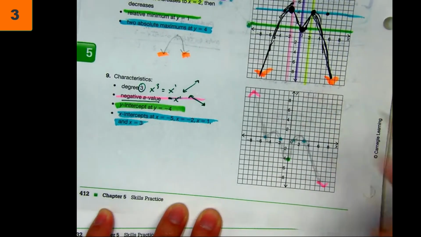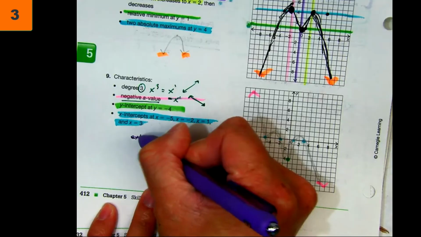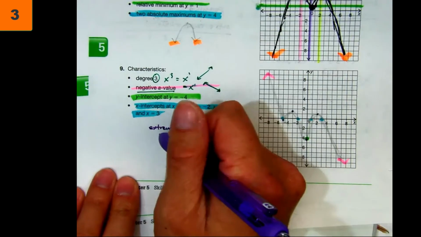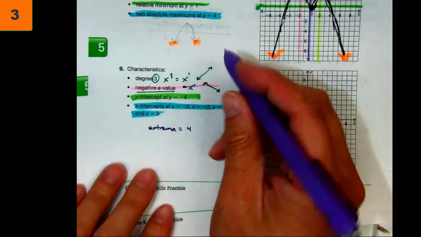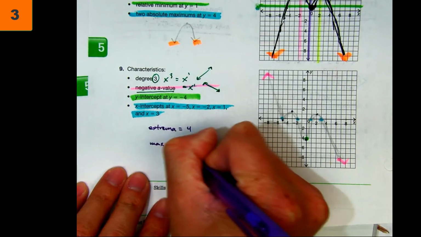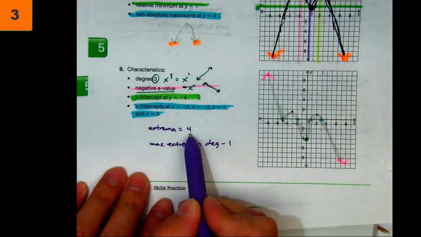And then let's just count the number of extrema. Count with me, ready, set, go. So if I get 4 extrema, what was that formula we used, Brittany, from the previous page? Okay, so if we just counted 4 extrema, I put in here 4 equals degree minus 1, and